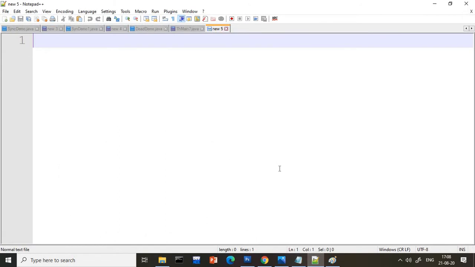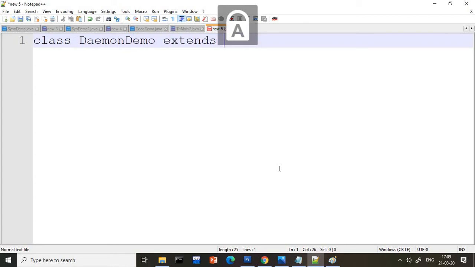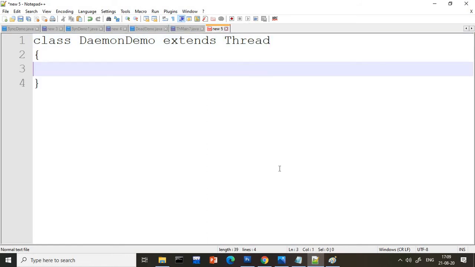So what is daemon actually? We will just understand with a very simple example. I am taking the example of a class DaemonDemo extends Thread. Here I will write a simple program.